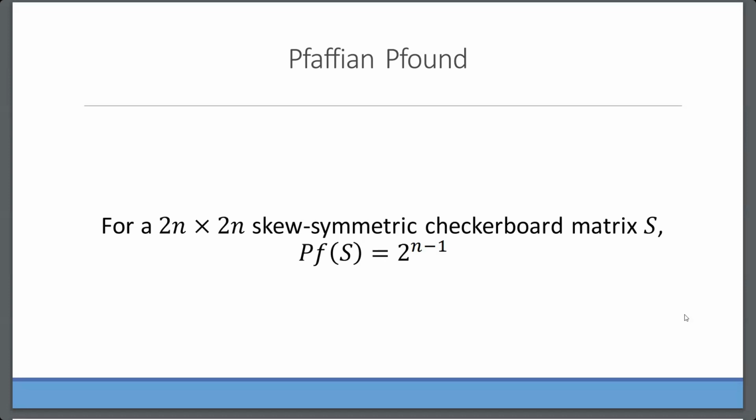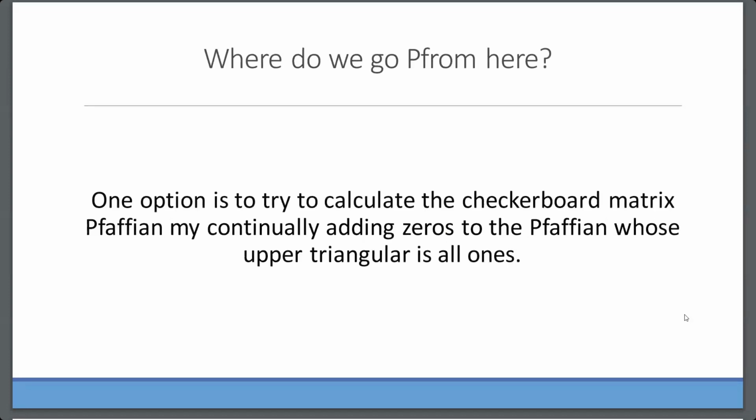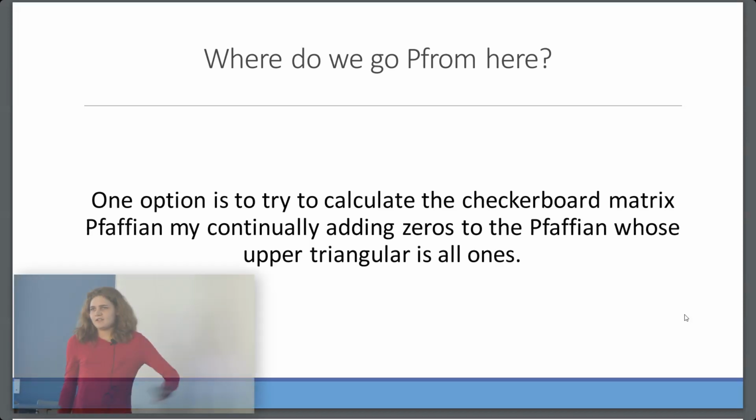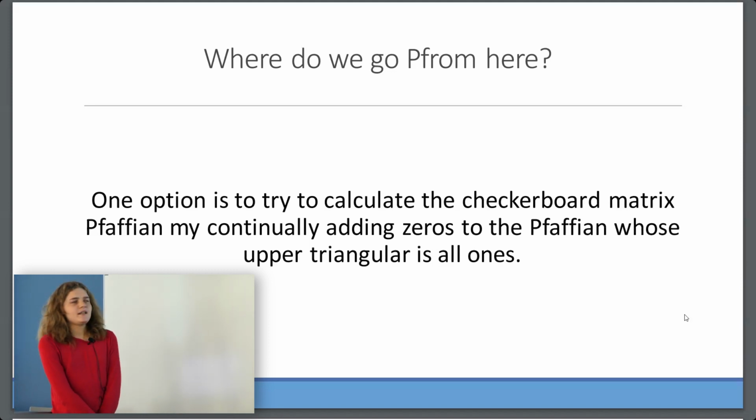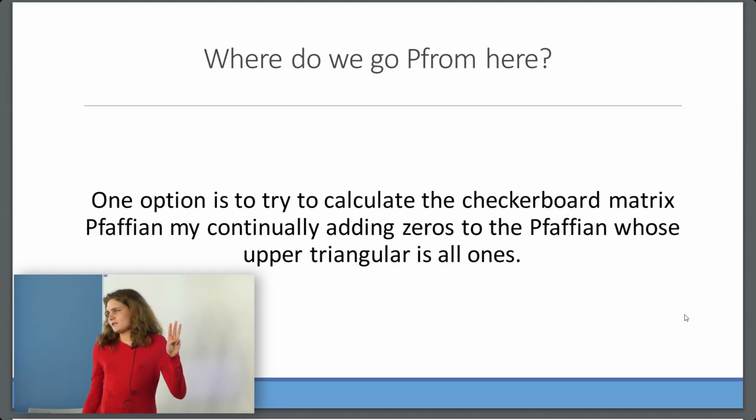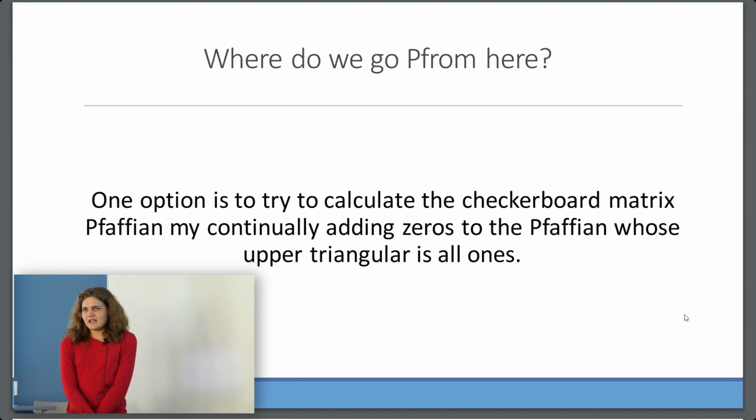Where do we go from here? So me, Jenny, and Jenny's co-author on the paper that inspired this Capstone project, Naomi Cameron, we're currently working on a paper with some of these new results. But we don't just want to throw a bunch of random calculations into a paper. We want to have a story to tell. And so a couple directions that we could go, I glossed over what happens if we had 3 zeros, 4, because it gets really complicated. But one option is to try to follow that path and see if we can somehow connect adding zeros to the 2n